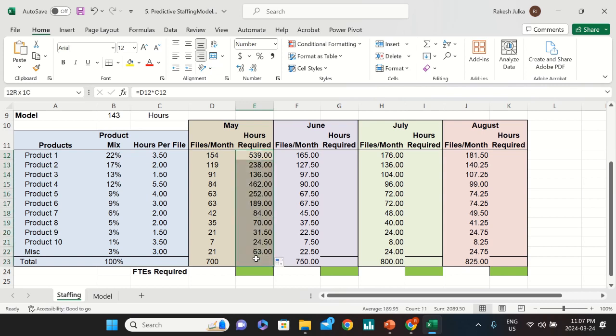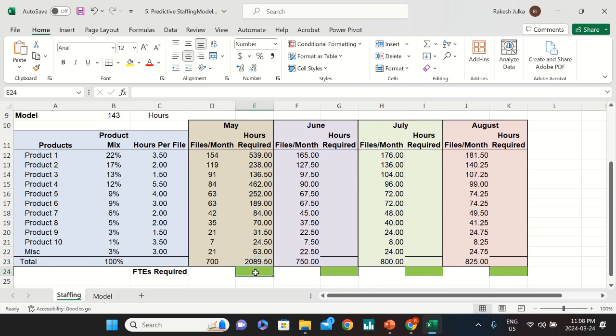It means I make a total of all these. It means 2089.5 hours are required to complete this process in the month of May. Means complete all the files to be applied or completed. So once that we have made a total of these, what does it mean? It means